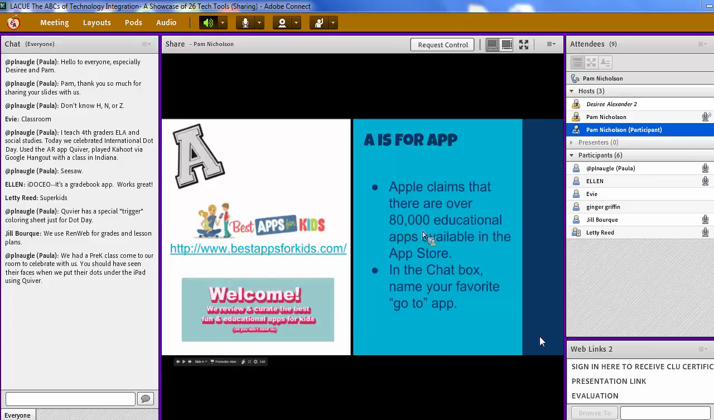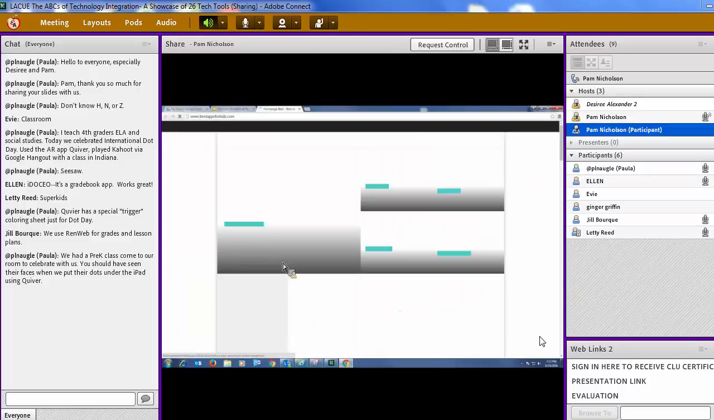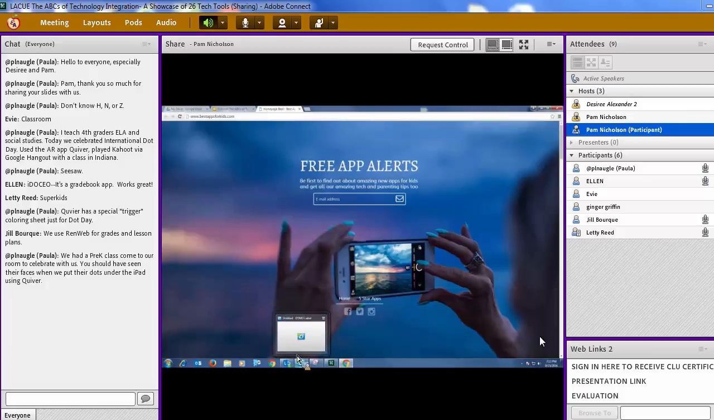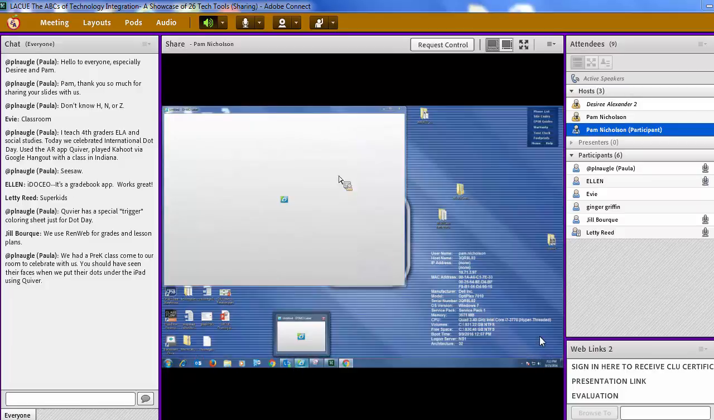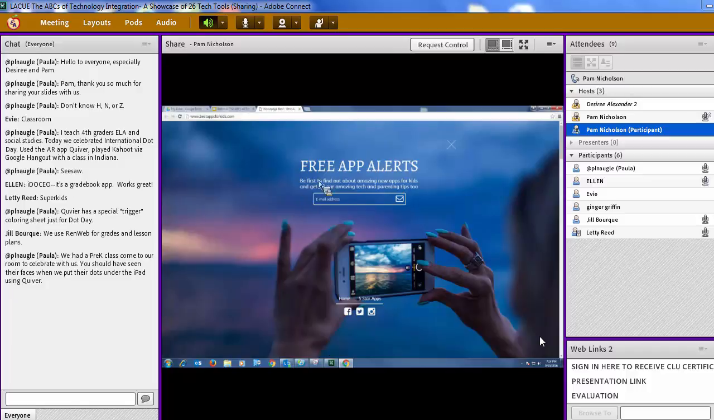Because the whole point we were trying to make with this is 80,000. None of us have time to go through and look at 80,000 apps. And so one of the sites that I've come across is called Best Apps for Kids. And so when we go to that site, one of the things that you can do is, when you close out of it,